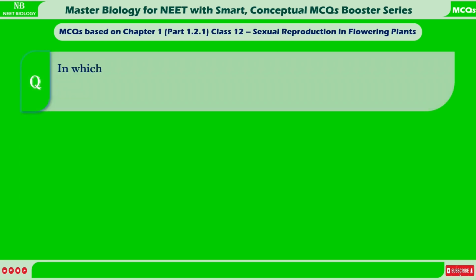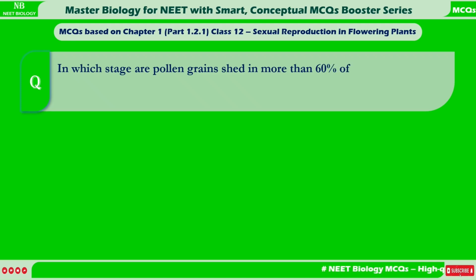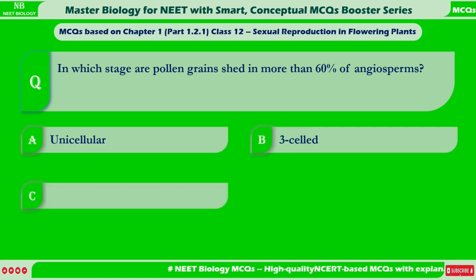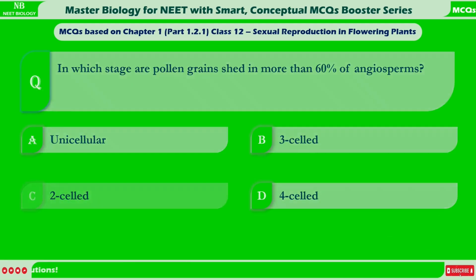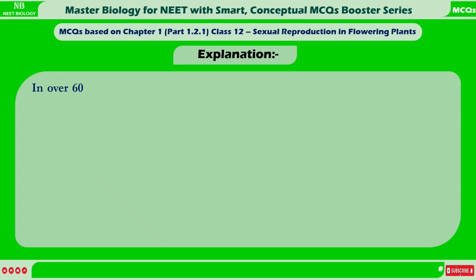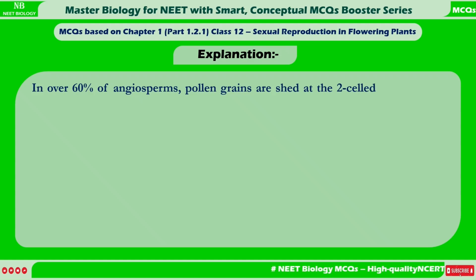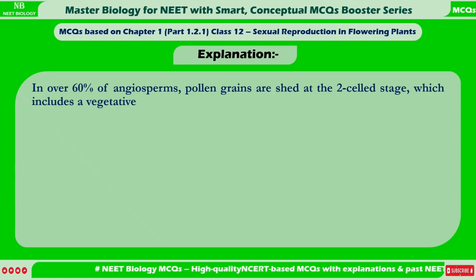In which stage are pollen grains shed in more than 60% of angiosperms? A. Unicellular. B. 3-celled. C. 2-celled. D. 4-celled. Correct answer is C. 2-celled. Explanation. In over 60% of angiosperms, pollen grains are shed at the 2-celled stage, which includes a vegetative, tube,